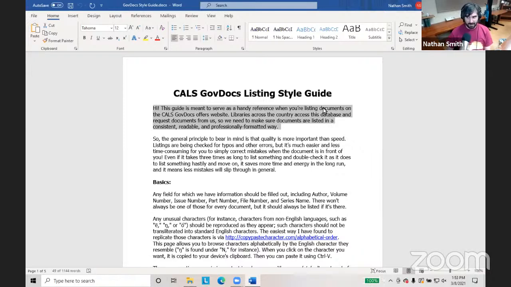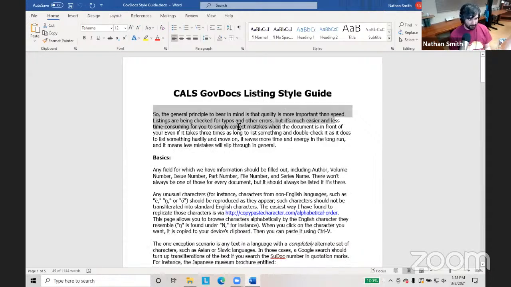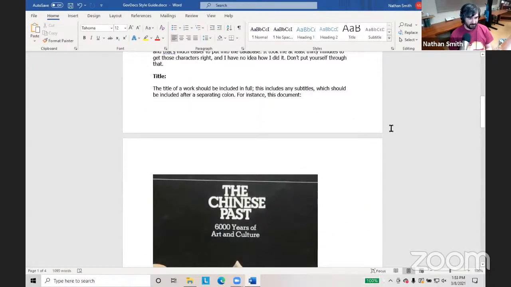The keyboard shortcut, not just in Word, but in almost any program in all of Windows, for cut is Control X. So I'm going to hold the Control key, CTRL, at the bottom left of my keyboard. And while I'm holding Control, I'm going to press the X key, X as in X-ray. And that is going to remove this. It looks like I deleted it from my document, but what I actually did was cut it out in a way. So I'm going to go down here to the bottom.